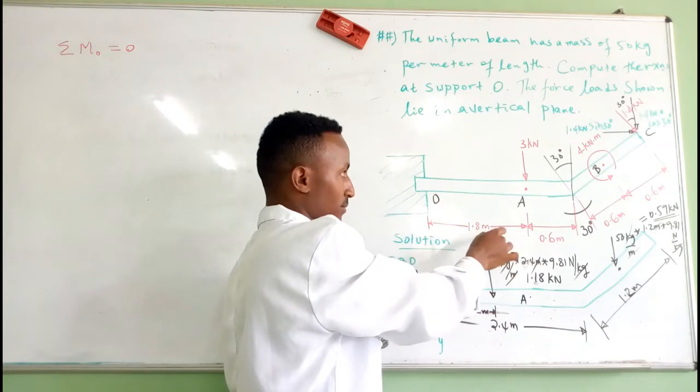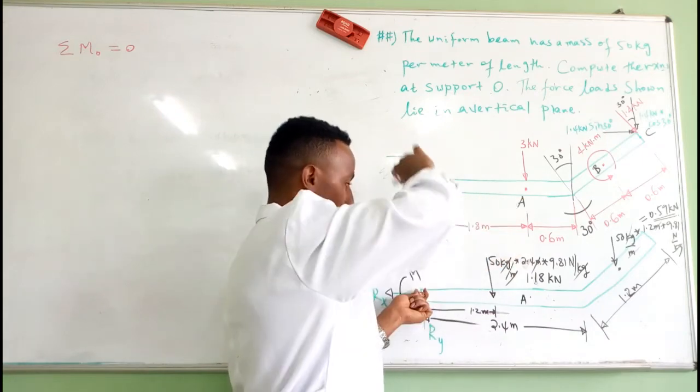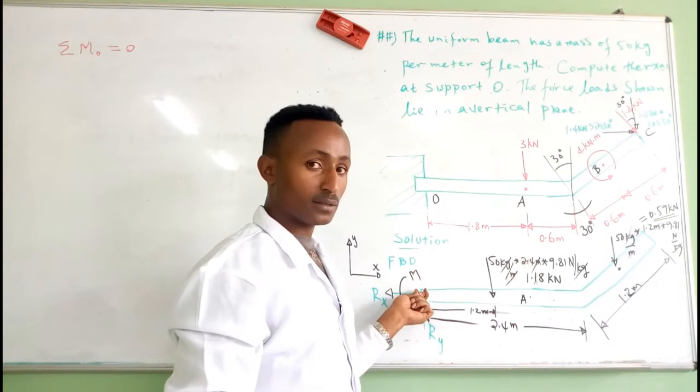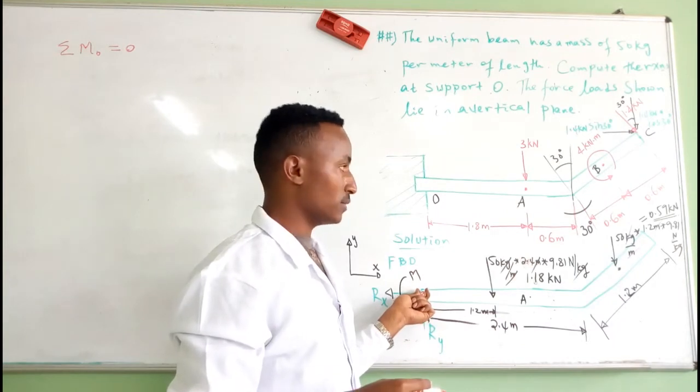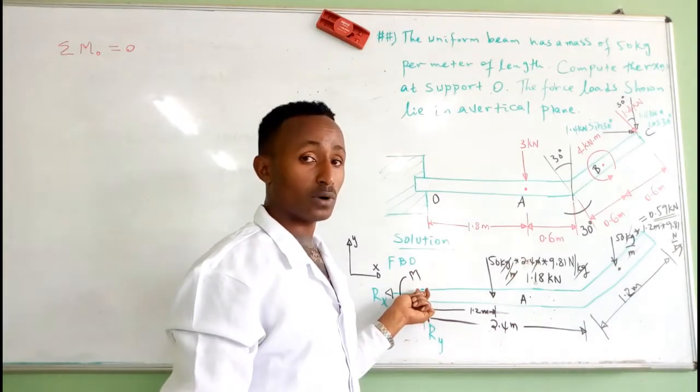The 3 kilonewton load is at a distance of 1.8 from the origin. It tries to turn the beam in the direction of clockwise, so it